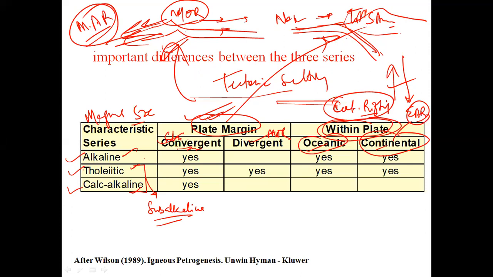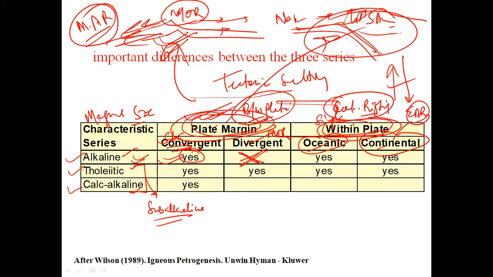सो अब देखिए आप यहाँ पे कि जो आपका अल्कलाइन मैग्मा है, you can get it in the सबडक्शन जोन सेटिंग at convergent plate margin, but you will not get alkaline magma in MOR, in mid oceanic ridge where divergence of oceanic plate has been taking place. You will not get alkaline magma here. You will only get it in convergent setting plate margin वाले में। और जहाँ विद इन प्लेट हो रहा है, यानी प्लेट मार्जिन का मतलब क्या? बिटवीन प्लेट, दो प्लेट के बीच में। और यहाँ पे विद इन प्लेट, सिंगल प्लेट की बात हो रही है। तो सिंगल प्लेट में ओशियनिक कॉन्टिनेंटल दोनों जगह आपको अल्कलाइन मिल जाएगा।